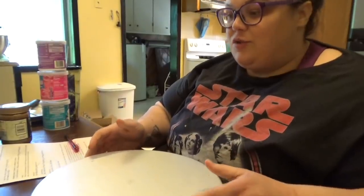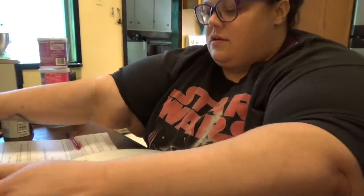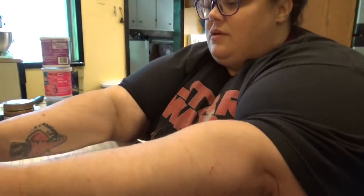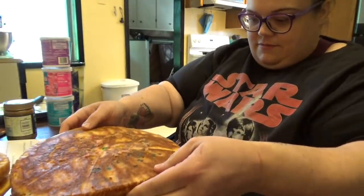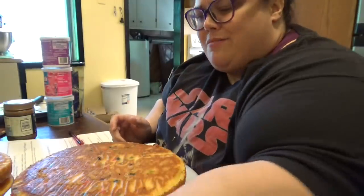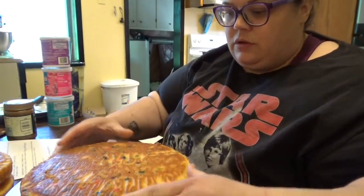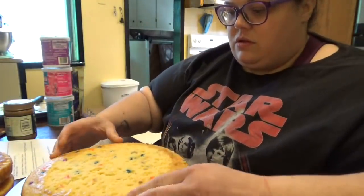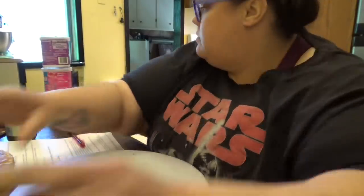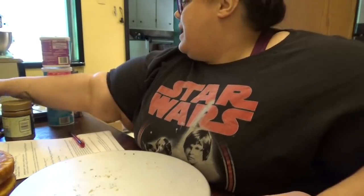Okay guys, we're going to continue working on the cake. I'm going to put it on top of this cake pan upside down. So here they are all baked. We're going to start with the big ones, obviously. This one baked super uneven, but we're still going to use it. Let's set this one like this. Okay, so my plan...